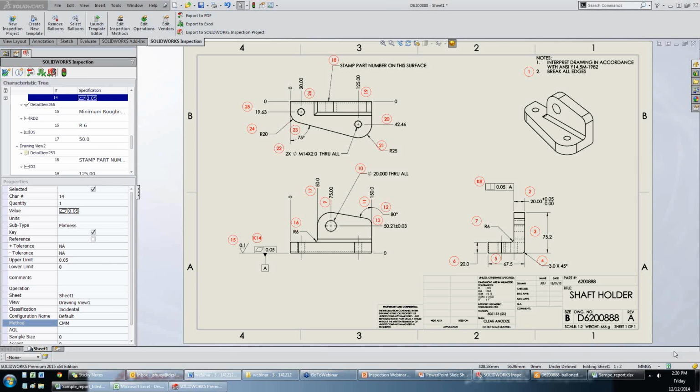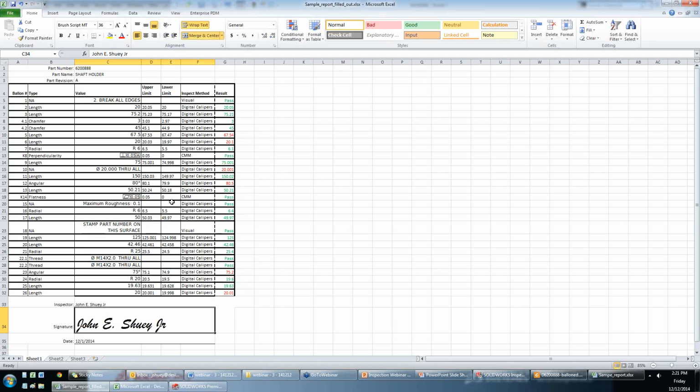And so I'm going to hand my balloon drawing and my inspection report to the inspector, and he could print it out, and he could handwrite all these in here, or could type them in like I have here, and we get this nice little conditional formatting where if it's good, it's green, red means bad, those types of things. So that's all really great, but